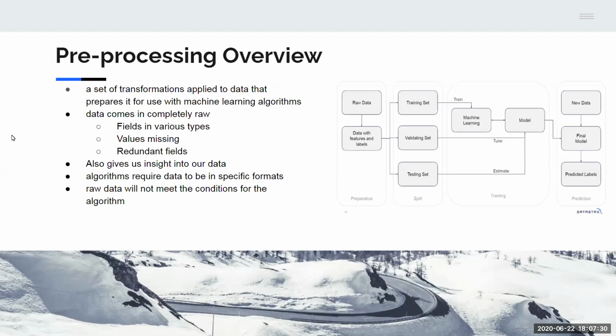Generally, it's a set of transformations that you apply to your data that prepares it for use with machine learning algorithms later on. Different machine learning algorithms want data formatted in different ways, but when your data comes in the first place, you don't really know what it's going to look like or if it'll be in a format that is relevant to that algorithm. So your fields might come in various types. You might have values missing from your data, and you may have fields which are just copies of each other,